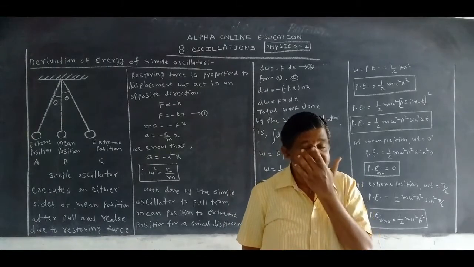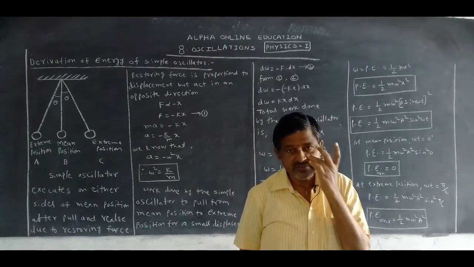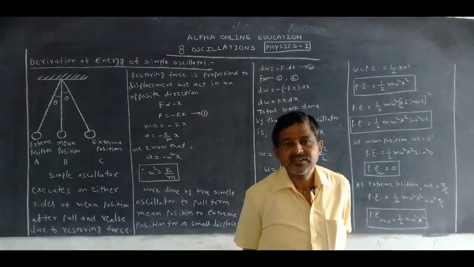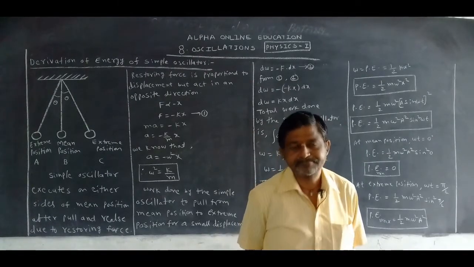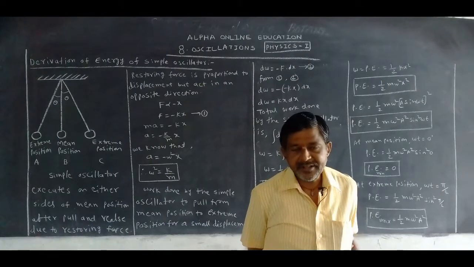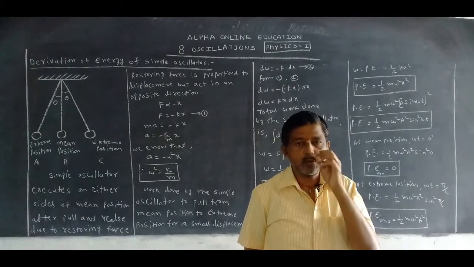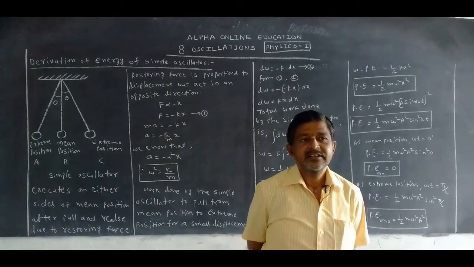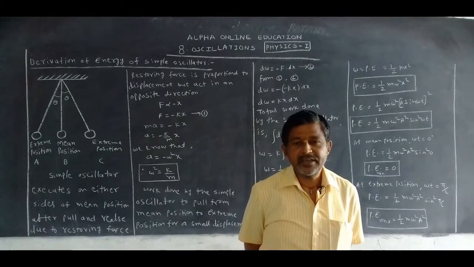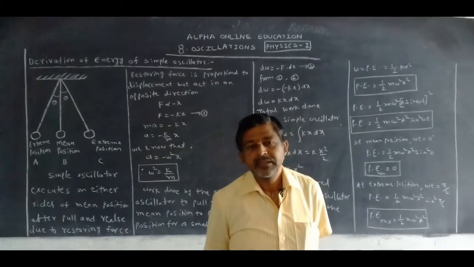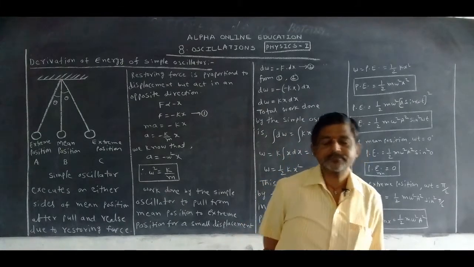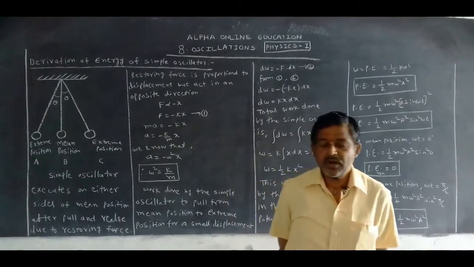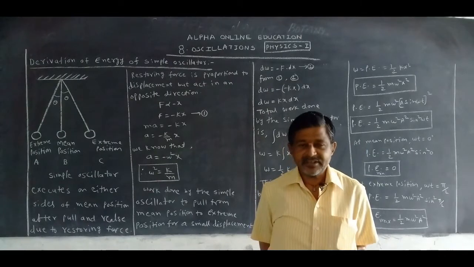Up to there, that is one of the important questions for 8 marks. In the last class, another 8 marks question we studied is the time period of a simple pendulum. How can we get the equation? T is equal to 2 pi root L by g. In that one we studied the seconds pendulum definition also. These two are important for 8 marks.